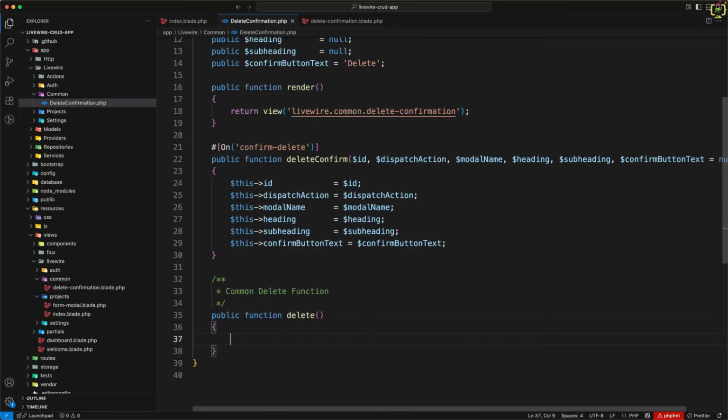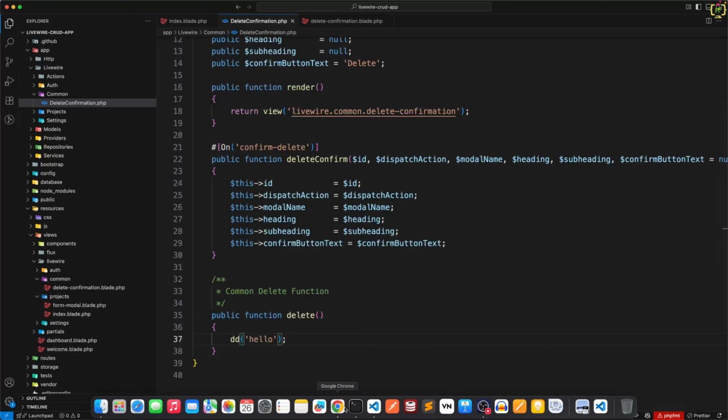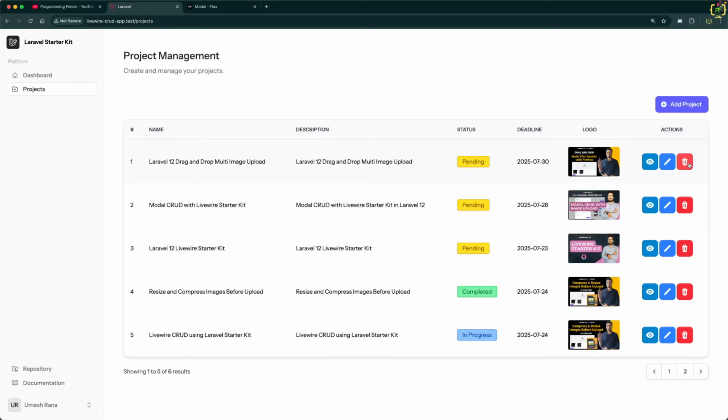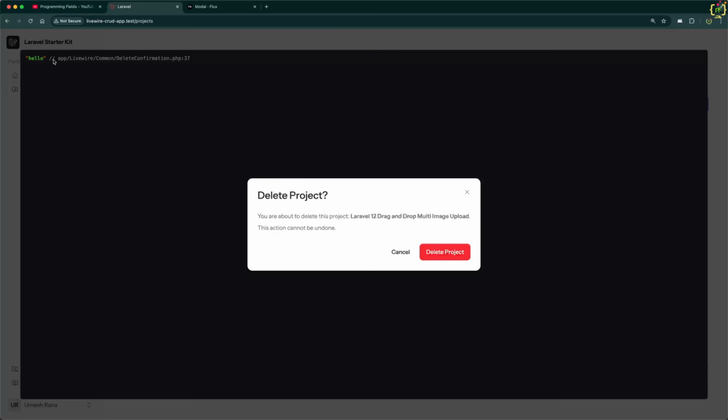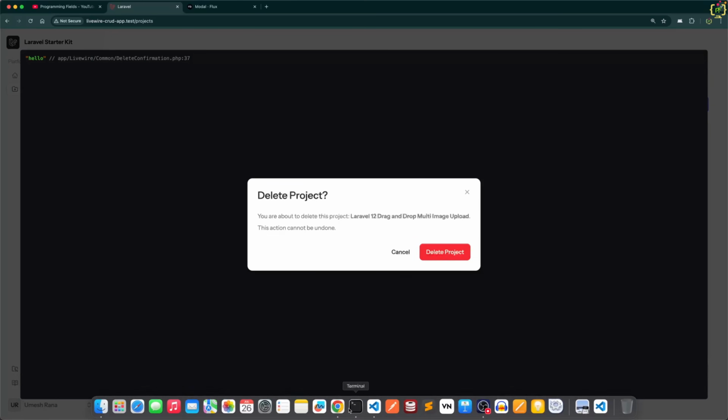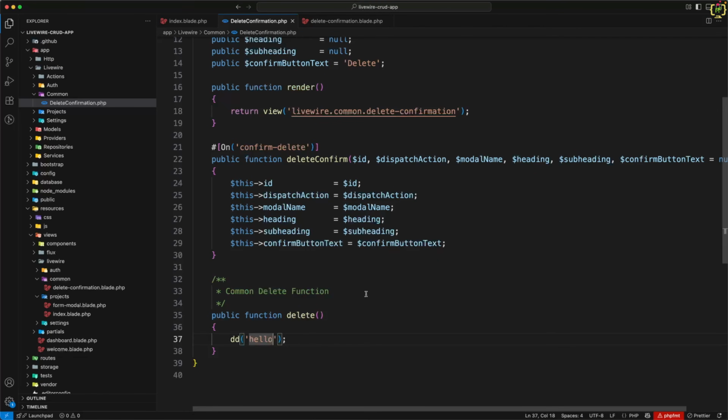And here I will add hello. Now if we navigate to the browser and click on delete, yeah, we have this dynamic button text. And if we click on this delete button, this has printed hello. Now based on this confirmation, we have to dispatch one more event, and this event will be dynamic because we